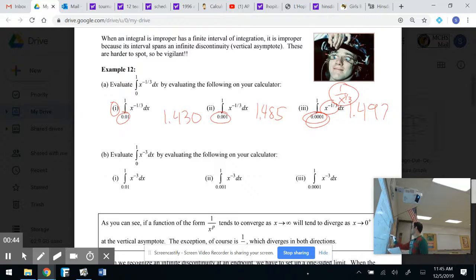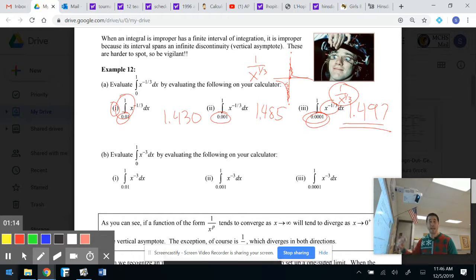Now, believe it or not, this looks like it converges to a specific value. And if you were to graph 1 over x to the 1/3 in your calculator, what you're going to find out is there is an asymptote at x equals 0, but it gets there super duper fast. And that's why it's able to converge, right? Remember, we looked at 1 over x and 1 over e to the x when we were dealing with x going to infinity. But now we're dealing with some asymptotes. And believe it or not, we could still get limits or integrals or areas that converge, and we will get